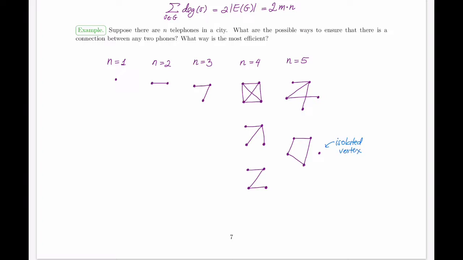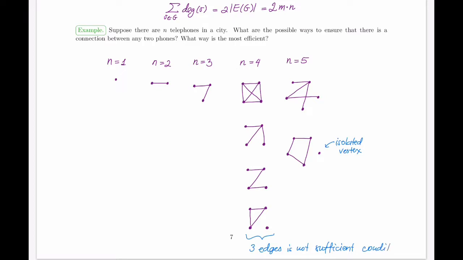If you look at the n equals 4 case here, you will notice that this is not the most efficient way, but I am beginning to see that for the most efficient way, it looks like 3 edges is going to be enough. Now, it is enough, but it's not sufficient for the exact same reason of the existence of isolated vertices, right? So just having 3 edges does not guarantee that this connectivity property holds, because I could have 3 edges that look like that, and this does not satisfy my connectivity properties. So 3 edges is not a sufficient condition.